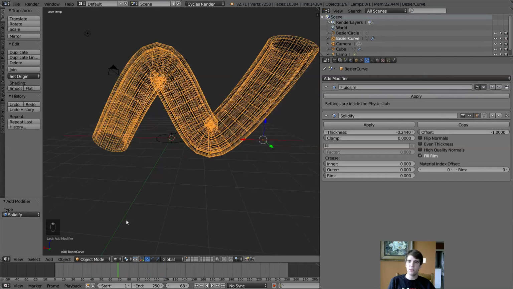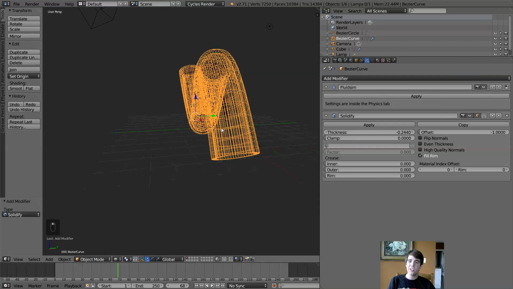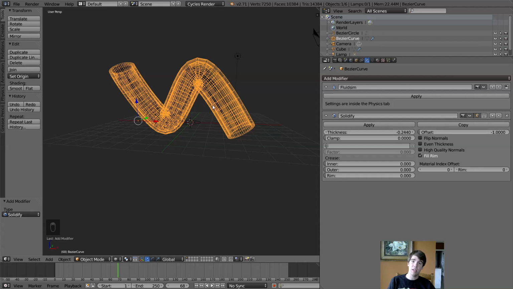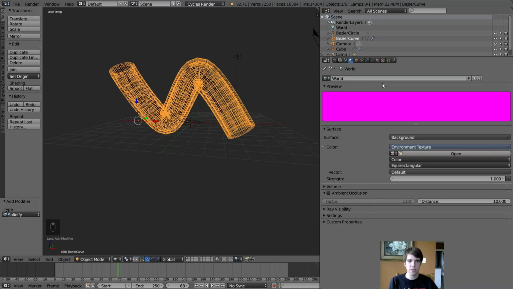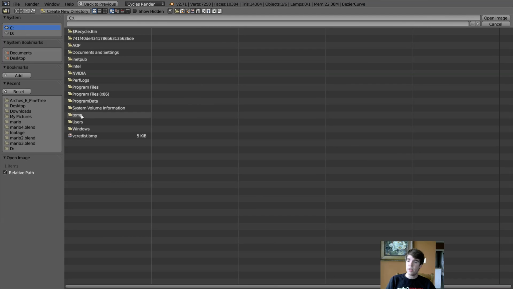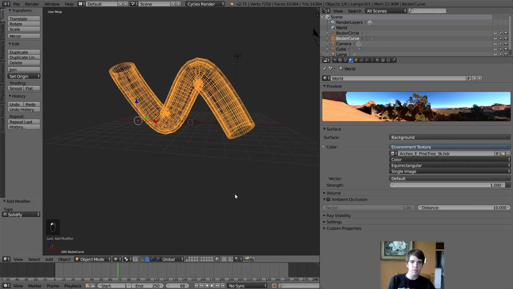And now we need to add a world background, and I'm going to use a .hdr image so that it's an image that wraps around the whole screen, and I'm going to show you how to do it. Go to color and click on environment texture, and I'm going to leave a download link in the description where you can download the same .hdr image that I use, and I'm going to find the file location. Yours will probably be in a different area, but I'm going to select .hdr, open image. Okay, now if I go to render,